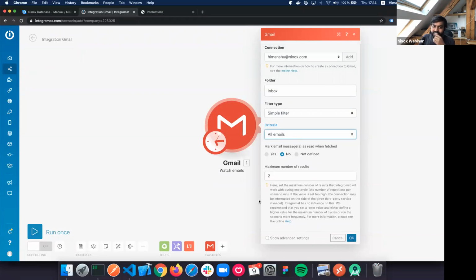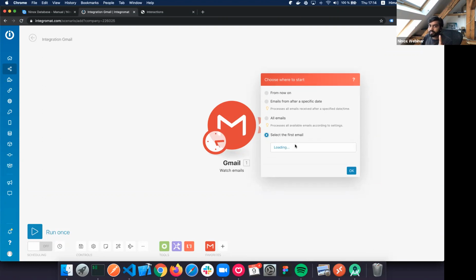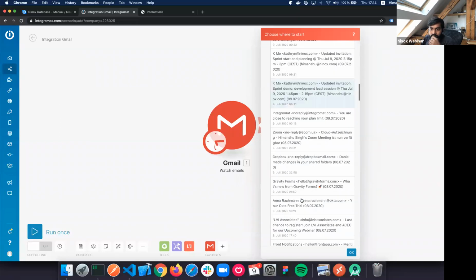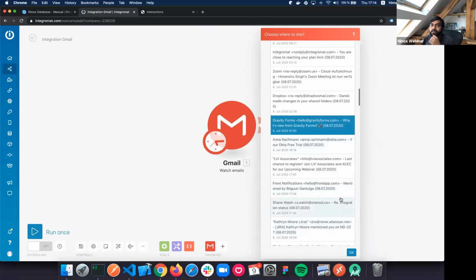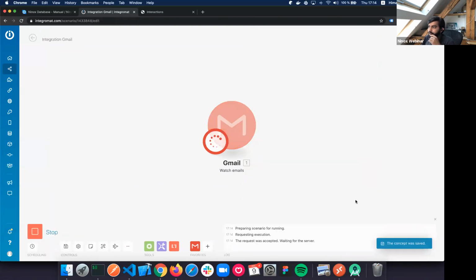Sorry. So okay, now Integromat is asking you a particular point in time since when you would like to look for email. Because I'm still creating the scenario, for some sample data I will need an email. So I'm gonna select the very first email that is in my inbox, and let's see which one it is. I have a lot. How about this one? Assume gravity forms. Yeah, so when I run this inbox,